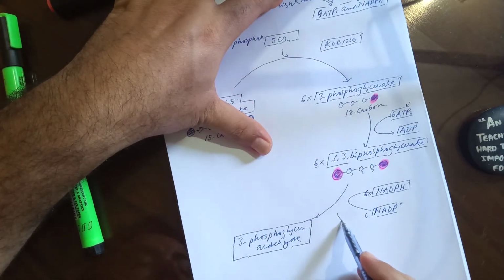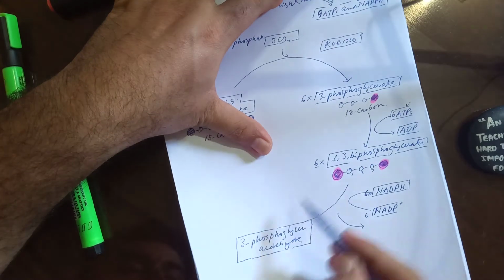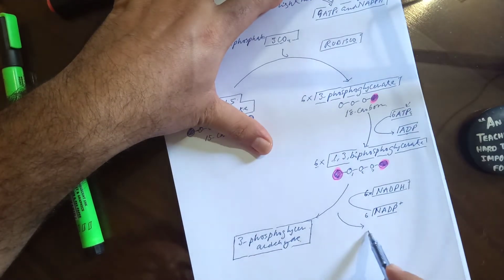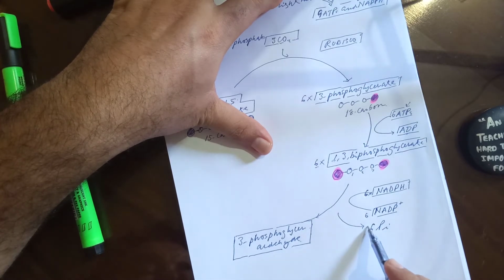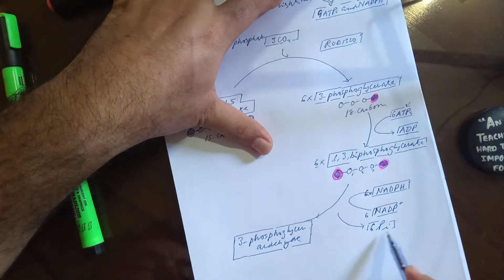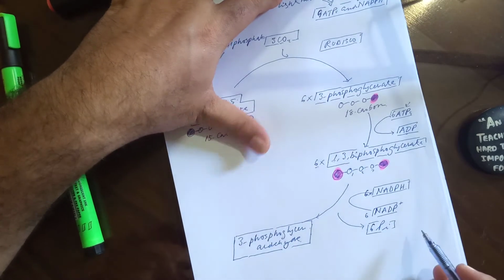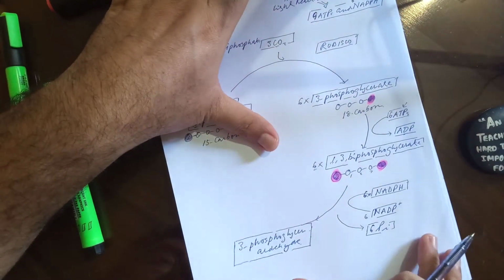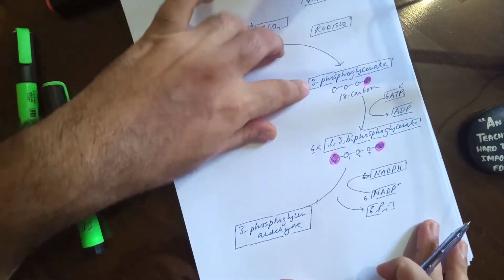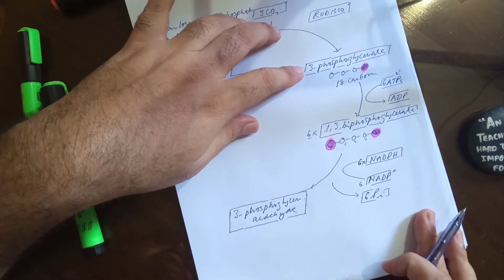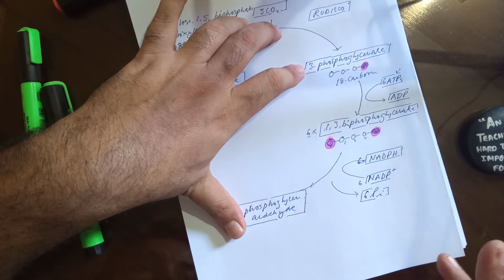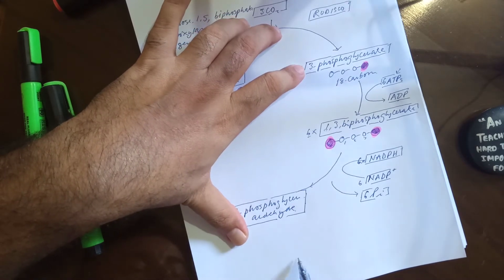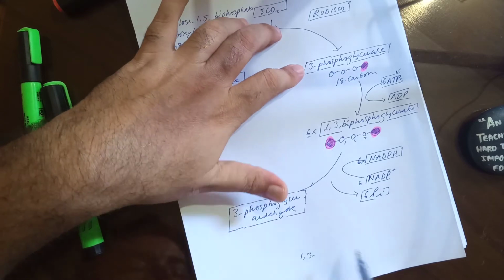Now, I have to tell you that this is the kind of reduction in which you also remove 6 inorganic phosphates from the reaction. Okay, and that should be no surprise for you. Why? Because you have seen a similar type of reaction in the glycolysis. I hope you could remember this. Immediately after the cleavage, you have a compound formed, 1,3. I'm just writing here